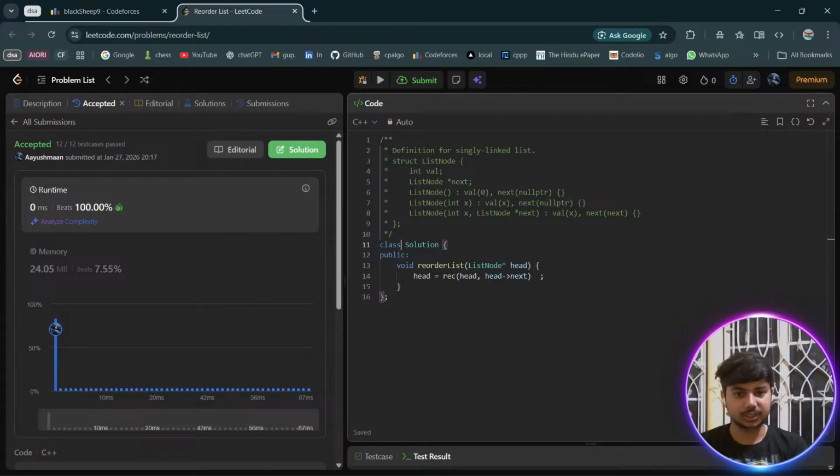अभी तो हमें एक function चाहिए। Function you can write inside public or inside private, that's your choice. It's better to write inside private because even if that's not accessible outside the class, we don't have any issues, right? This will return a list node pointer. Why? Because we are recording it inside a head. Now what is head? Head is a list node pointer, so we need to record it inside a list node pointer that we have to return. And here we can name it root, list node pointer root, and list node pointer current,